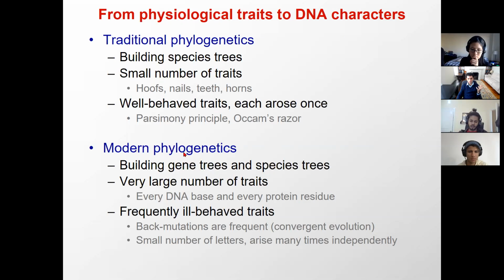Modern phylogenetics is building both gene trees within a species and across species, as well as species trees when you have the same gene across each of the species. It uses a very large number of traits where every DNA base and every protein residue could actually be a quote unquote trait, namely what is the residue at that position. And these traits are frequently ill behaved. Back mutations are enormously frequent, and that can be perceived as convergent evolution, whereas with these traditional traits, convergent evolution was much more rare, namely the fact that two different species evolve the same trait, even though neither of them had it before,